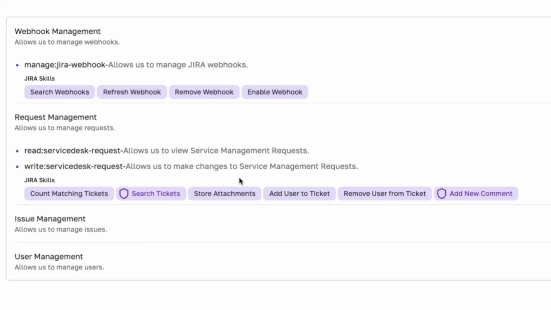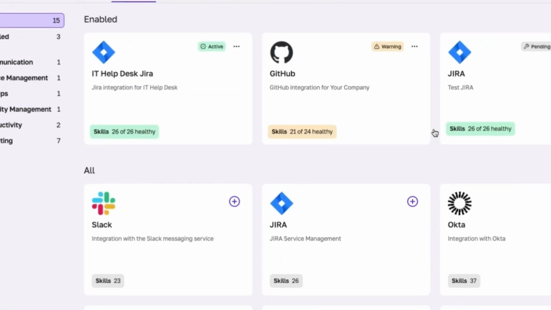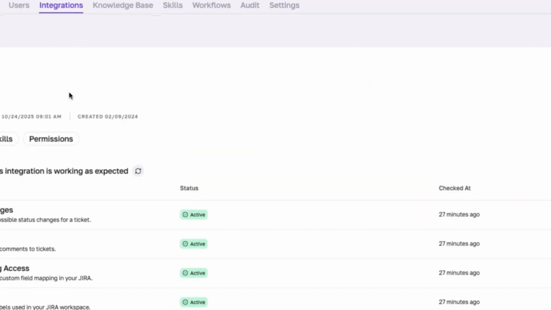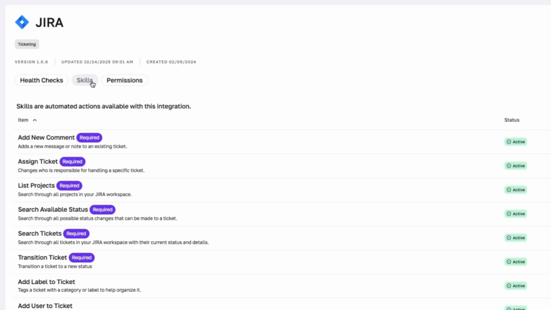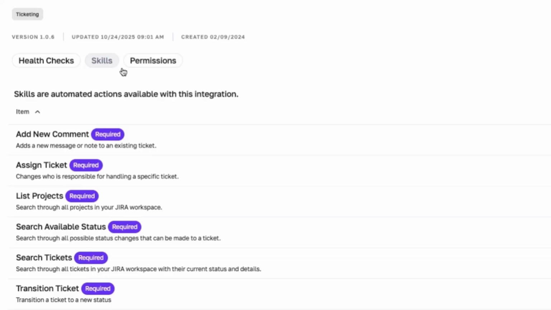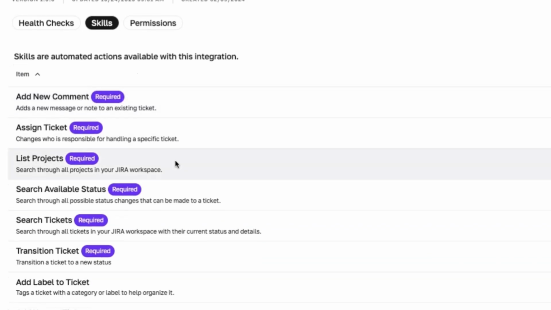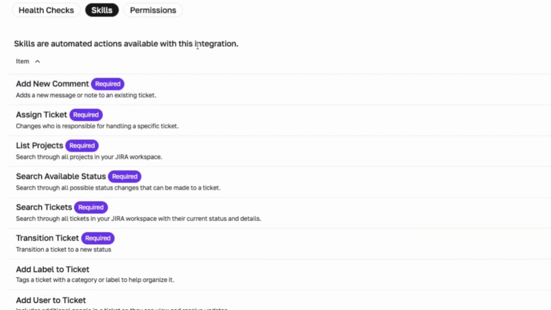Now let's talk about skills. As we go in and look, skills are our abstraction, our way to describe the capabilities that an integration offers within the Fixify platform. So as you see here, there's a skill called add new comment. It's required, meaning you have to grant us the permissions to add a new comment or we'll prevent you from onboarding that device. That's kind of key because we don't want to be in a state where we can't deliver service, but you think you've successfully onboarded the device. Not every skill, as you can tell, is required. We also will give you a list of the permissions we're requesting and a little bit of a summary as